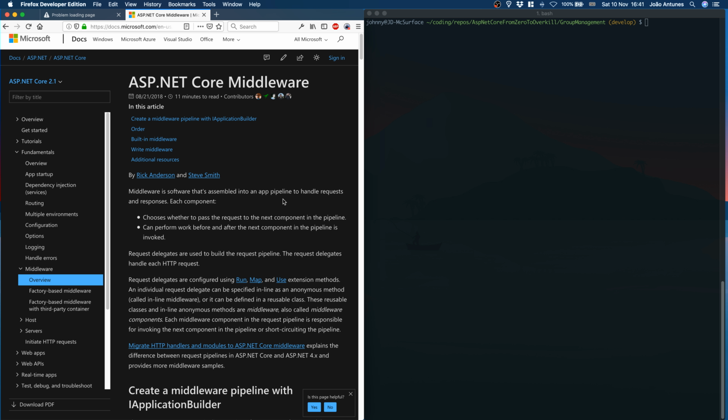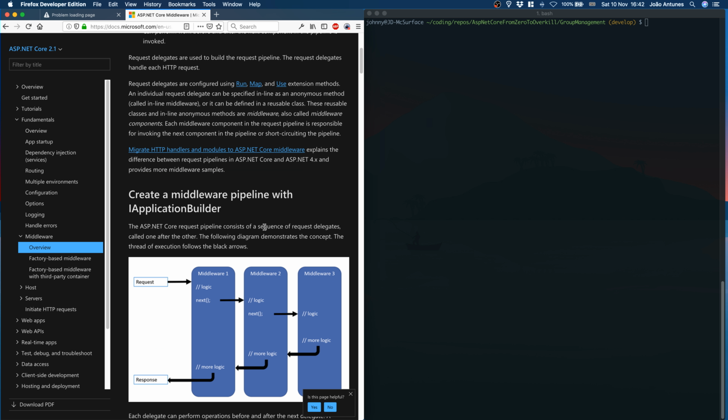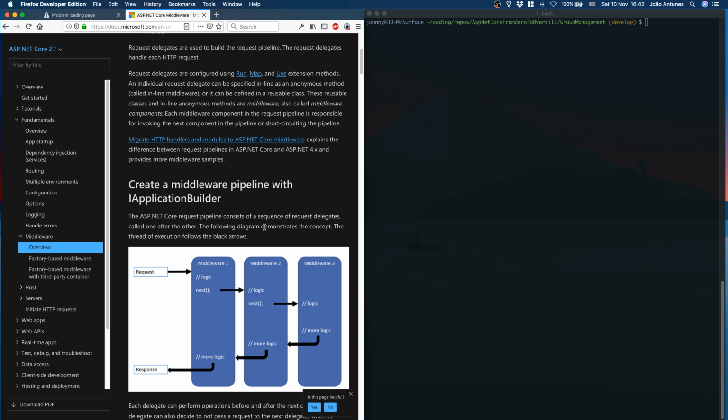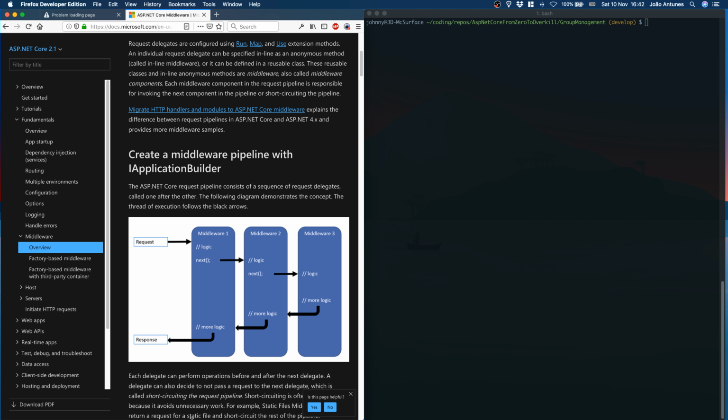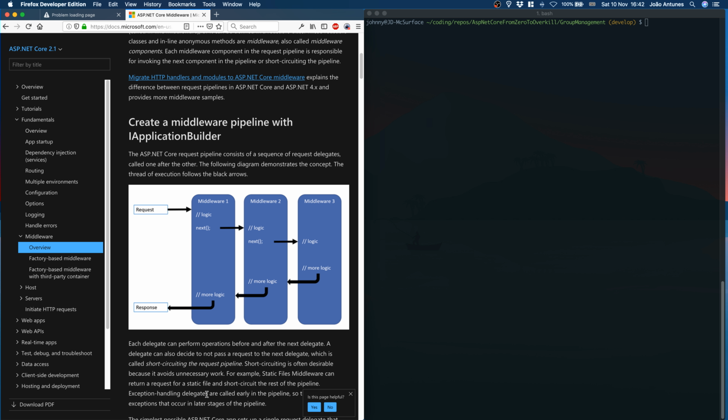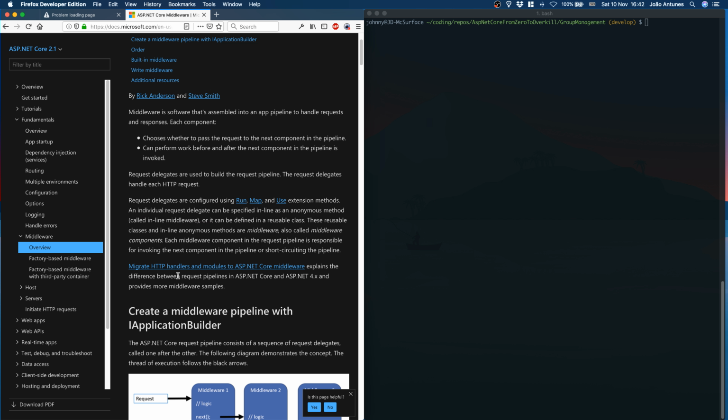So I've touched briefly on this subject, but let's take a closer look at middlewares and make a bunch of them just to see our options. So middlewares, I'm here in Microsoft's documentation page because this graphic is really useful to explain why this is useful. Like it says over here, this is similar to HTTP handlers in older ASP.NET